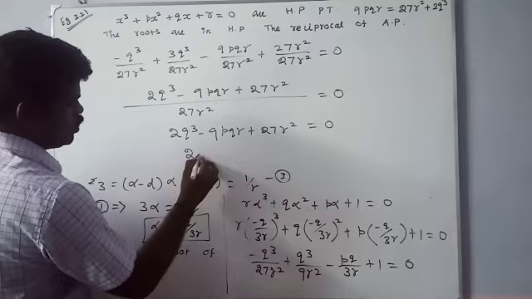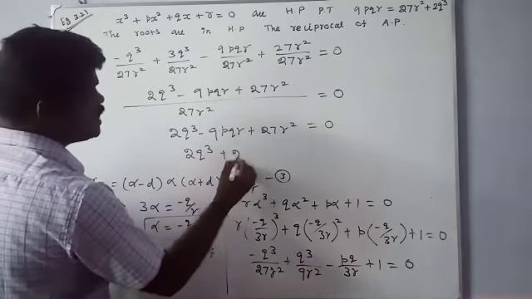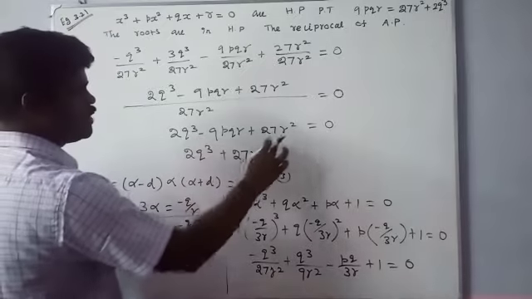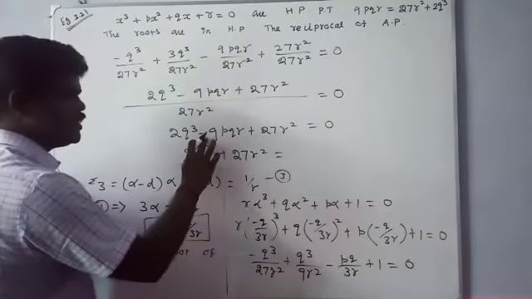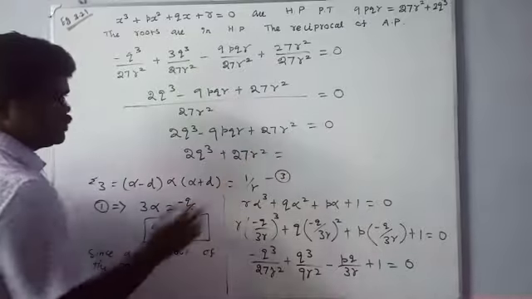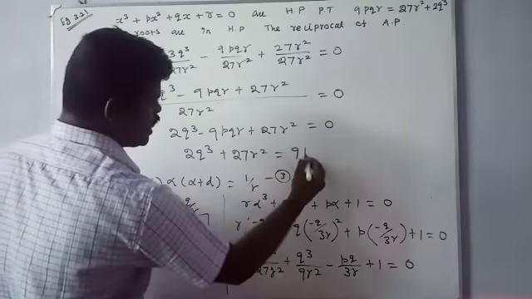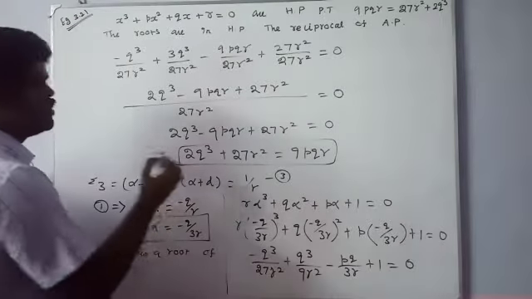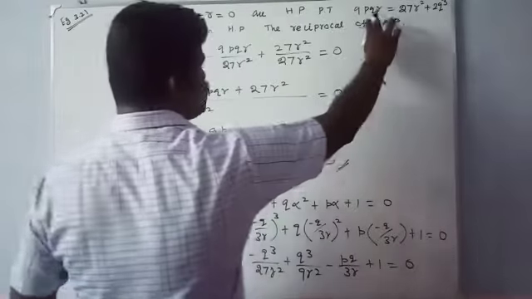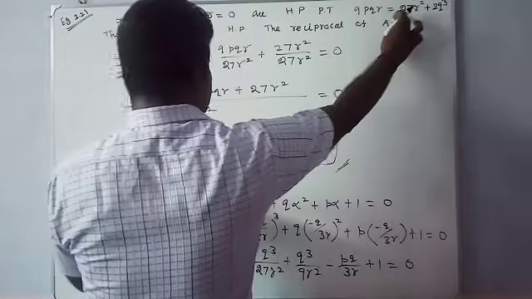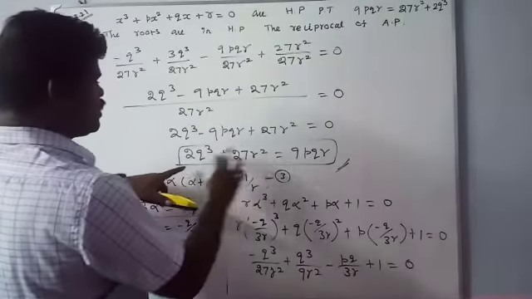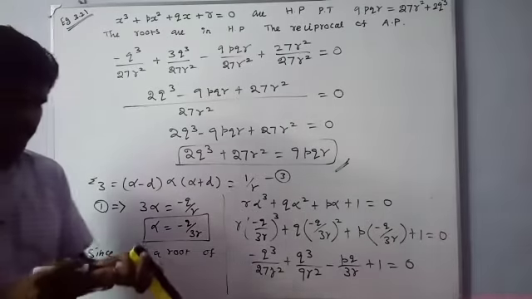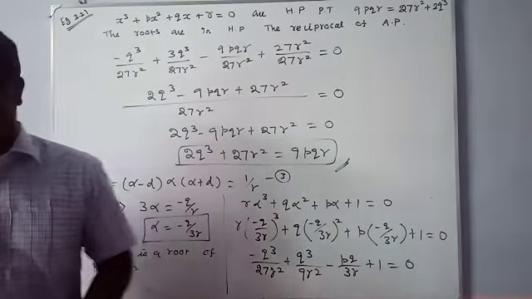Therefore 2q cube plus 27 r square is equal to, this term goes to the RHS side, 9pqr, which is the required proof. What is the proof? 9pqr is equal to 2q cube plus 27 r square. So refer to this sum and we go to the next one. Okay, right.